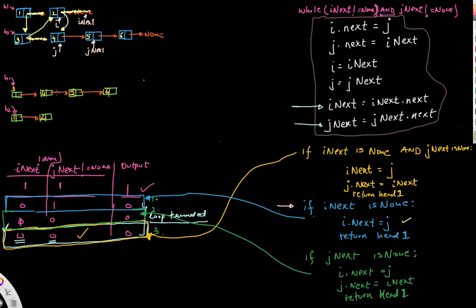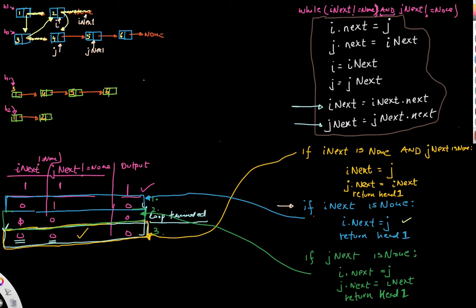So again, I've got head 1, which is now a slightly longer linked list in comparison with head 2. I've got the nodes 3, 4, 5, and 6, and I've got my second linked list, head 2, with the nodes 1 and 2. Okay, so what's going to happen at this point here? When this loop terminates, I'm going to have j next equal to none. So for j next to be equal to none here,